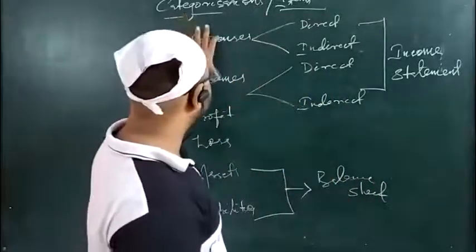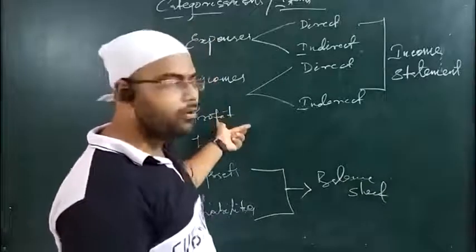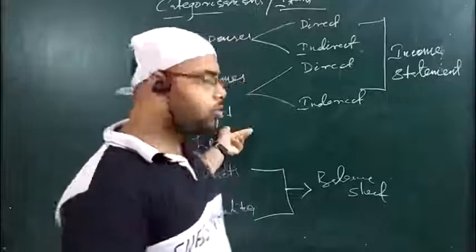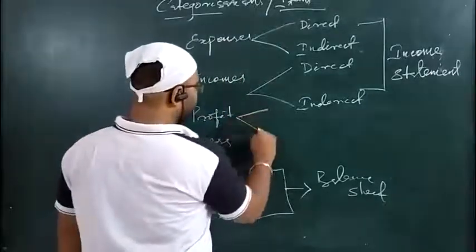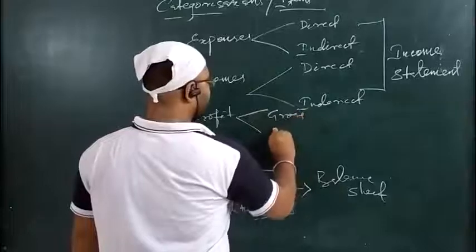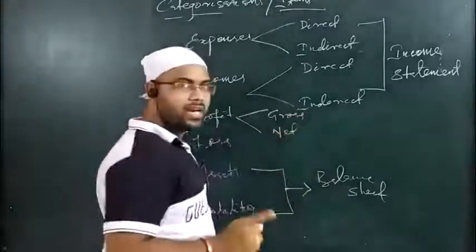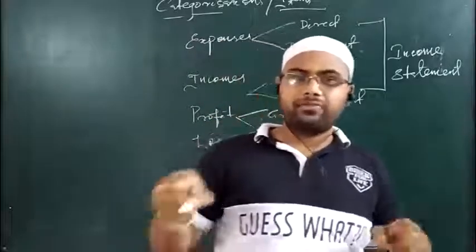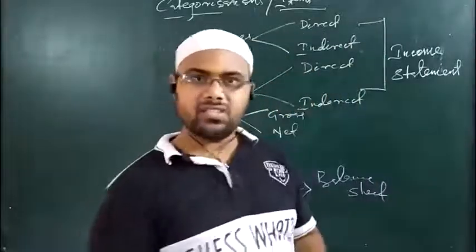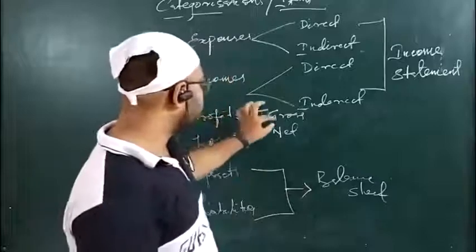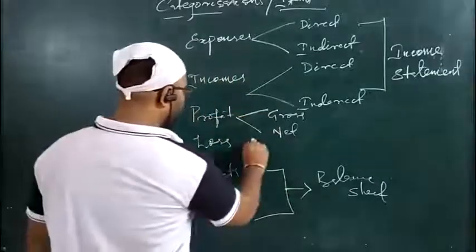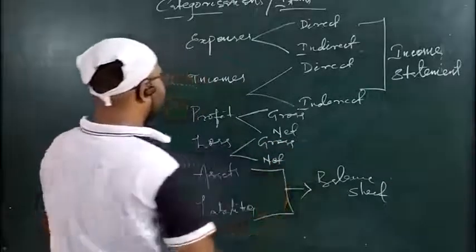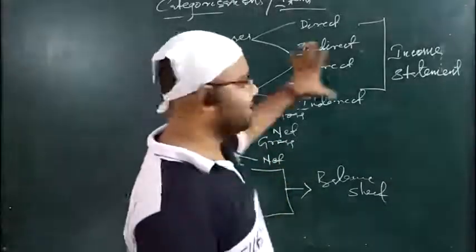So when you compare these 2, you get either profit or loss. So the profits you are getting into your final account are 2 types of profit. What are the 2 types of profit? That is gross profit and net profit. Okay. Here I am not telling you the nature of profit. Here we are discussing the type of profit that we get in the preparation of financial statements. That is 2 types of profit: gross profit, net profit. Similarly, if you get loss, also 2 types. That is gross loss, net loss. Okay. So this is the information about the income statement.